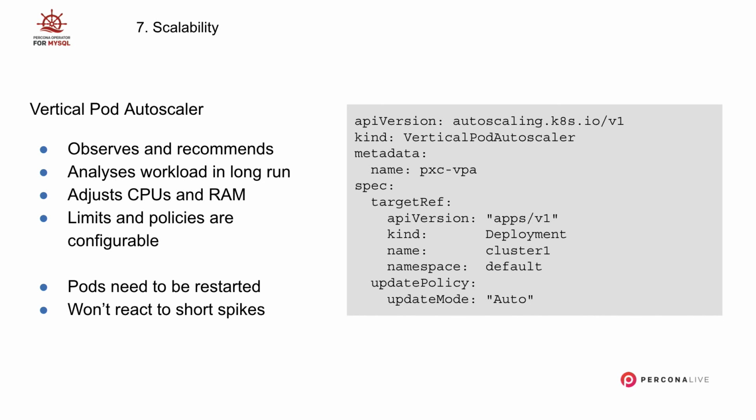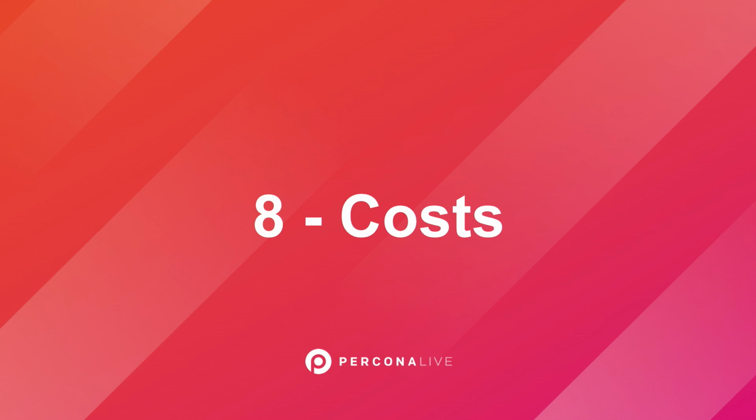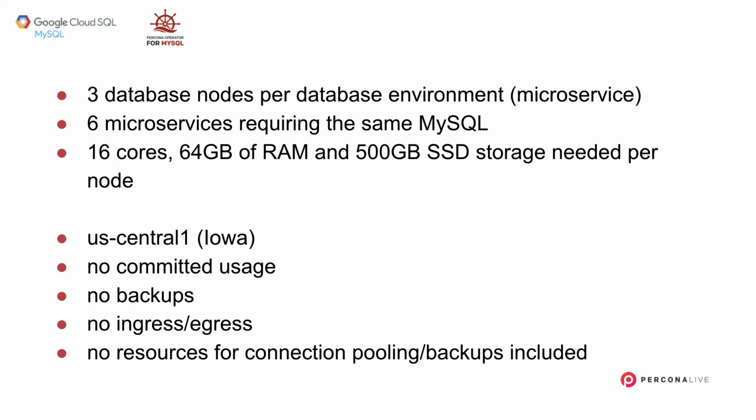So it will also be possible to change the number of cluster members dynamically based on that. And the very last thing: cost. Cloud is expensive. Some people say it's cheap, but it's actually expensive all the time. So I tried to come up with a very simple calculation to show you the difference in pricing and why it's interesting to look at Kubernetes as a platform or way to run your databases.